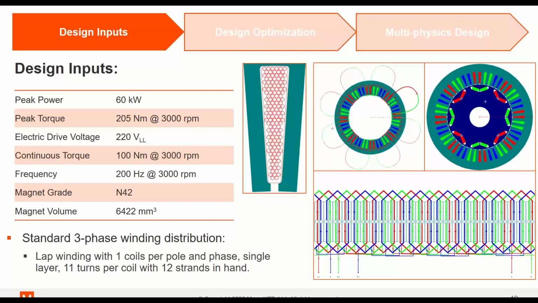It's a 60 kilowatt machine developing 205 Newton meter at 3000 RPM. The magnet volume is the same. It's a 3-phase winding, distributed winding with lap winding, 1 coil per pole per phase, single layer winding, 11 turns per coil, and 12 strands in hand. So before we jump into the tool and see how we can first establish the baseline design,